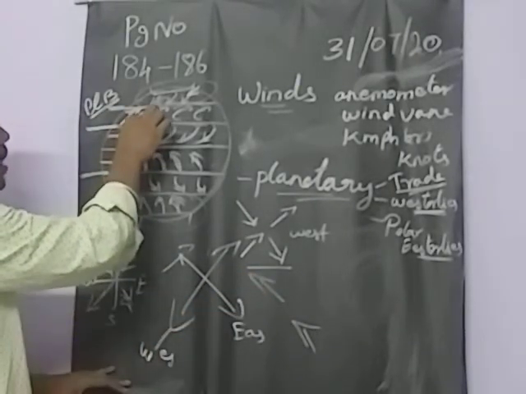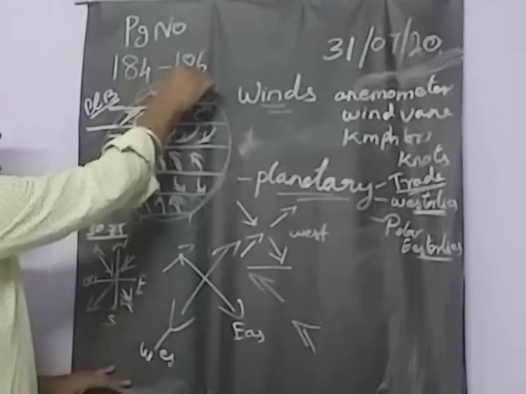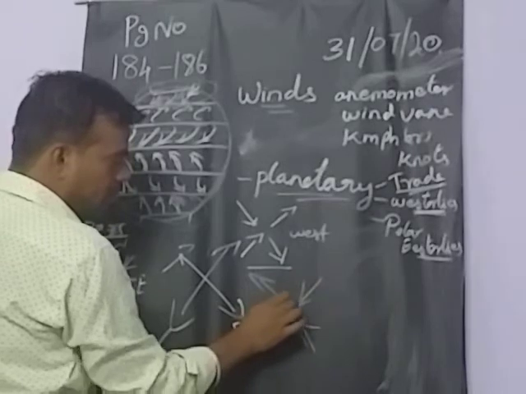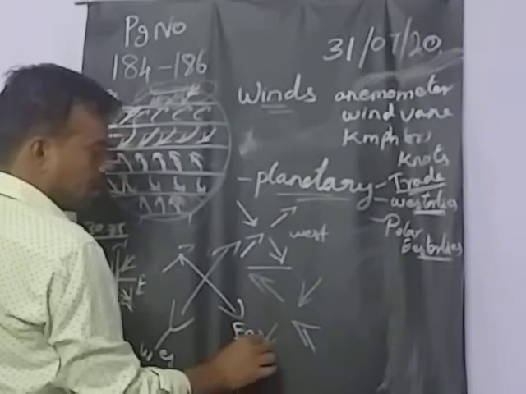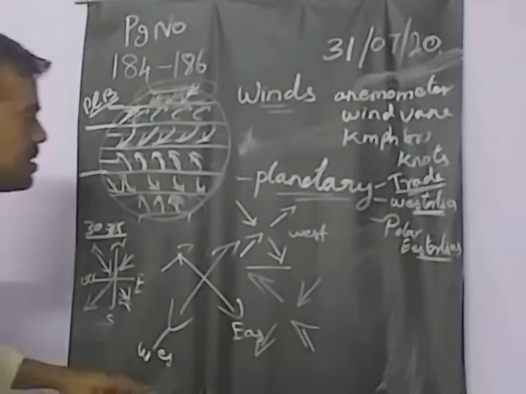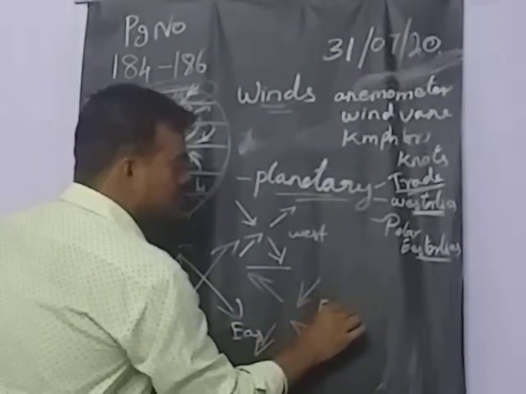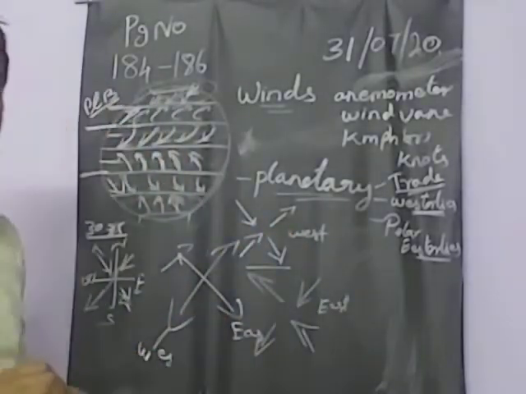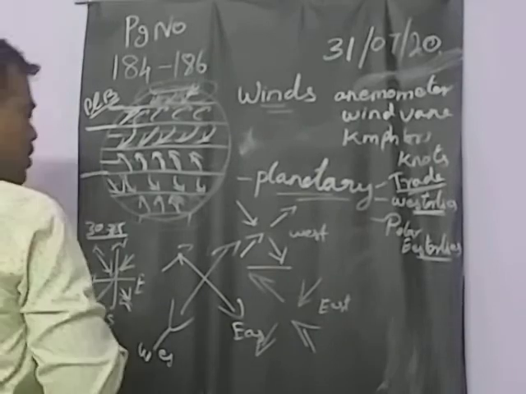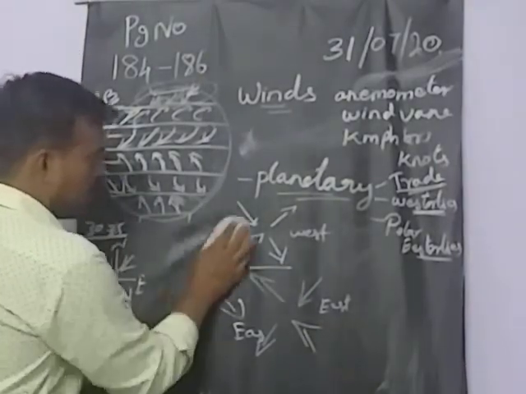What happens in the northern hemisphere? It's traveling towards this direction, from northeast to southwest. So this is easterlies. Based on the direction we can understand this. Okay, so next we are going to see about the